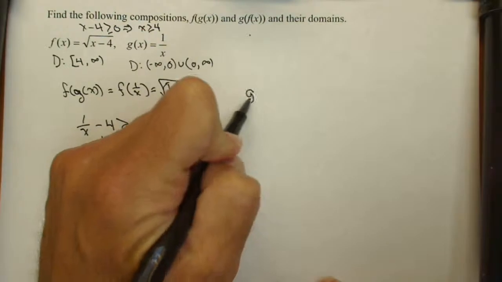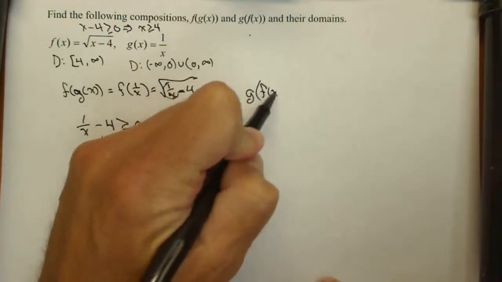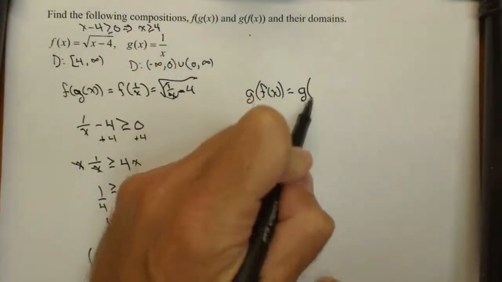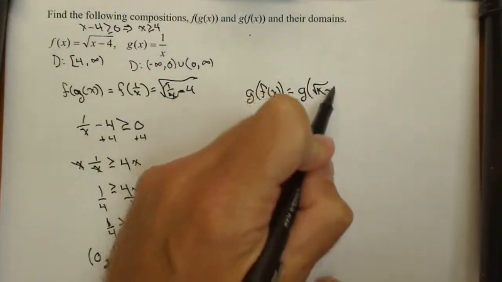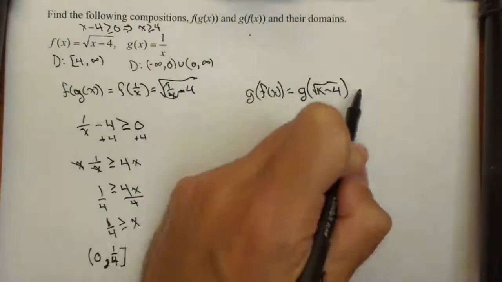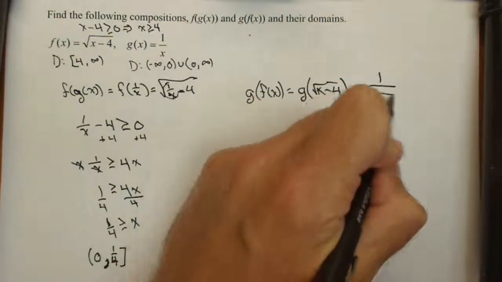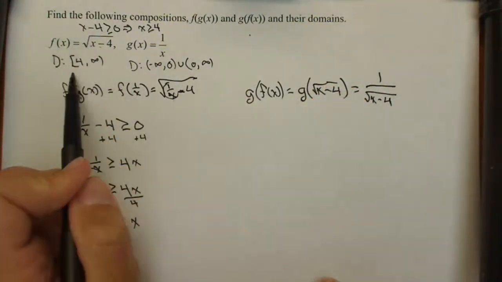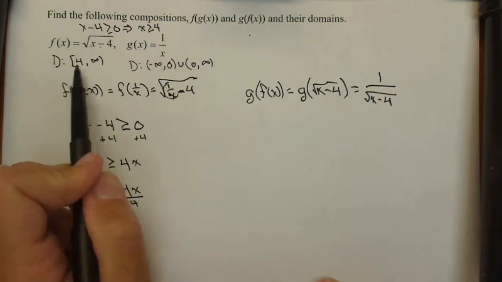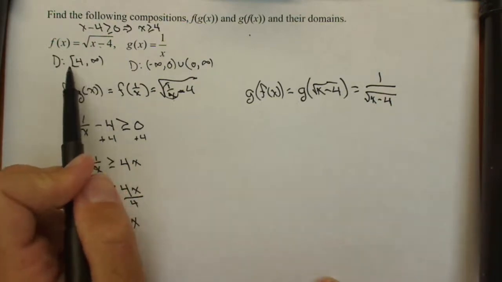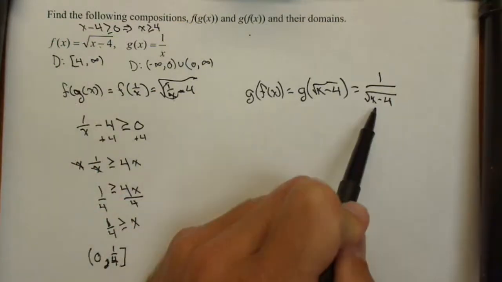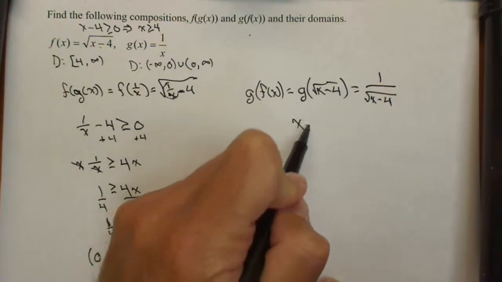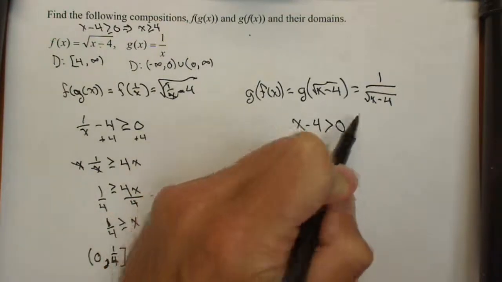So let's do g of f of x. So that's g of square root of x minus 4, or 1 over square root of x minus 4. Now we already knew the domain of square root of x minus 4. It was that x had to be in between 4 and infinity, including 4. We have almost the same domain, because we still need it to be positive. The only difference is now we need x minus 4 to be strictly greater than 0, because we can't divide